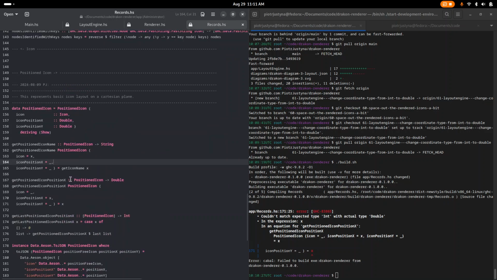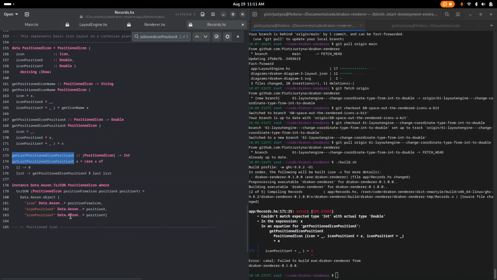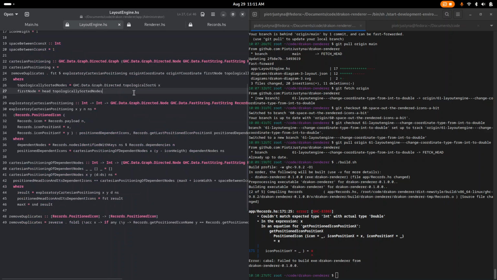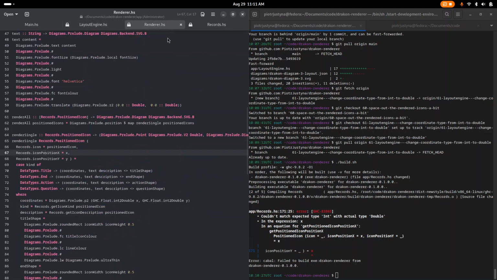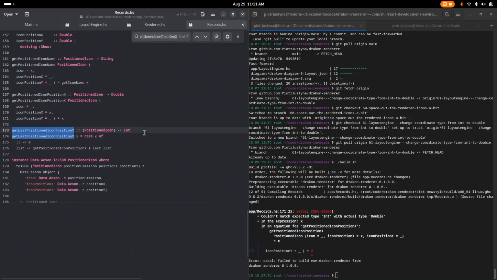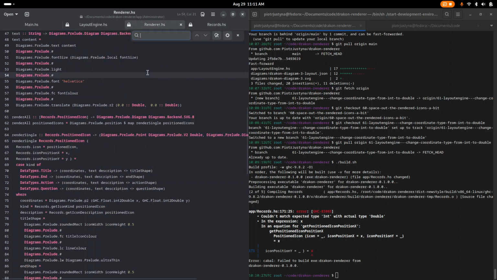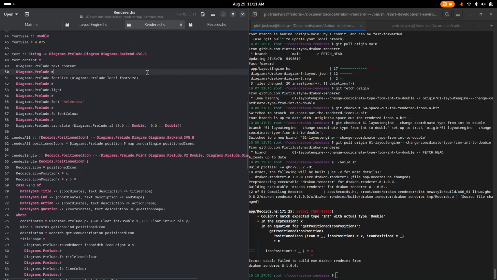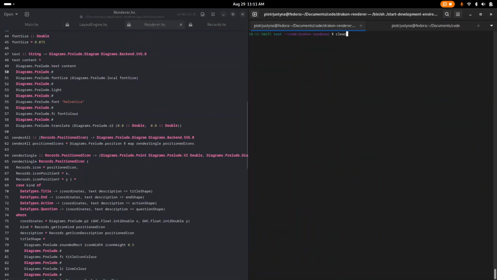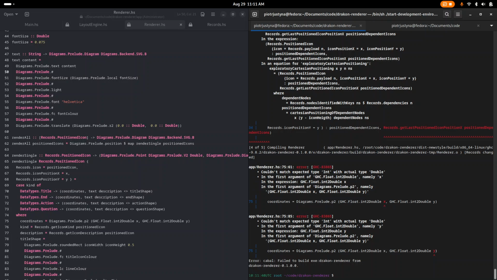So here we're looking for get position last. I'm not sure we need this. No, we do. Anyway, this is also. Let's look for ints here. No more ints. Clear. Build it again. Now,